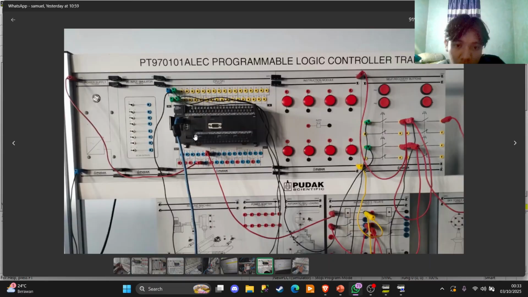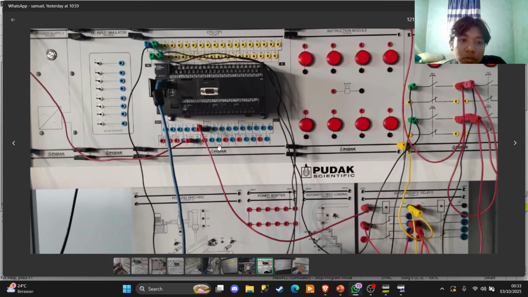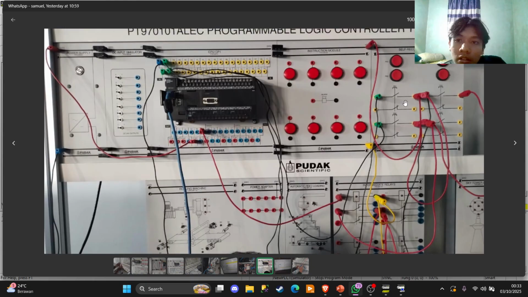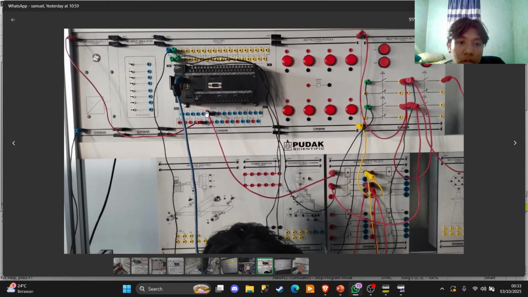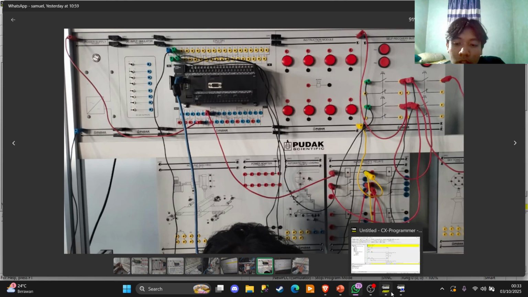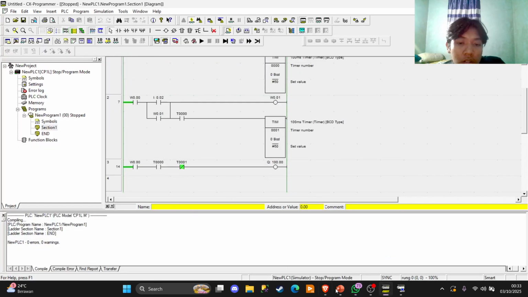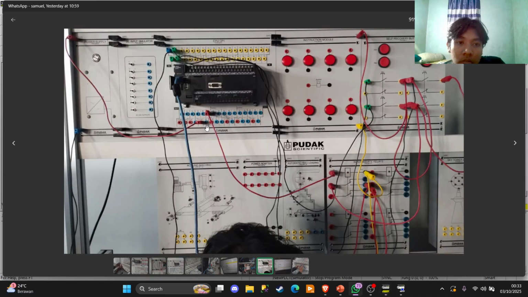So this is the thing. The first one is we're going to set the button. The button is one for on and one for off, and another is for emergency, like that. And then we put the output like this in here in row 3 in the relay.